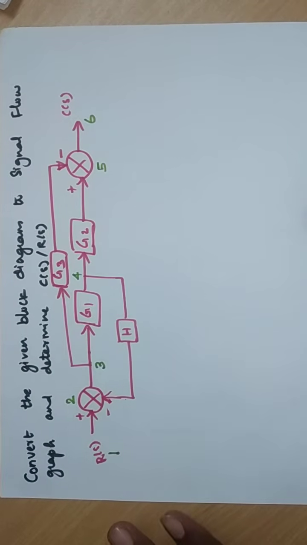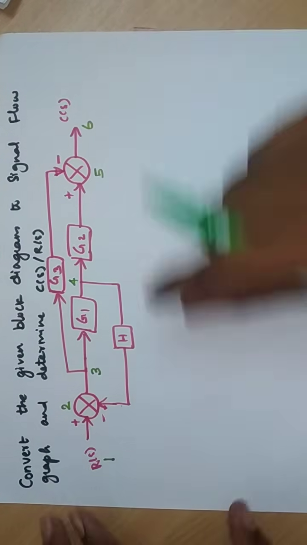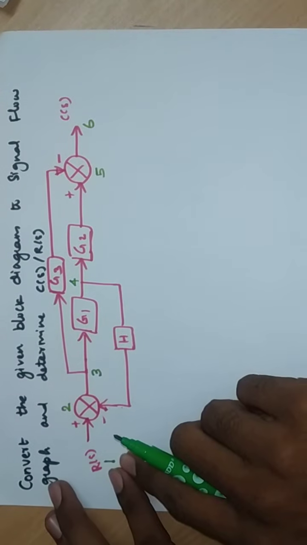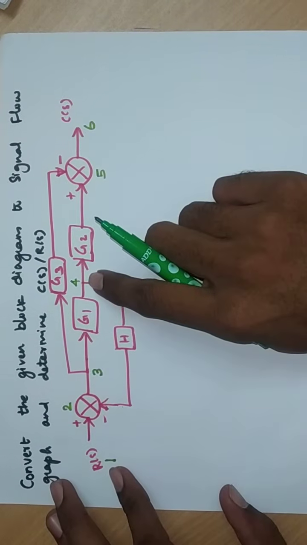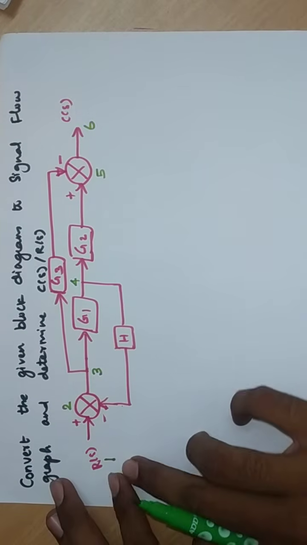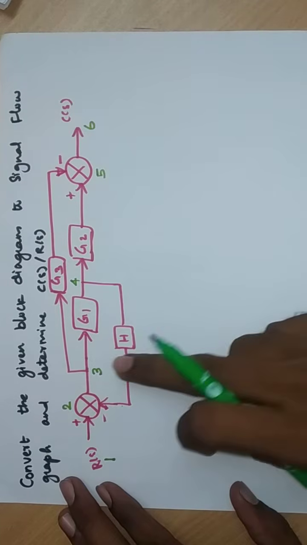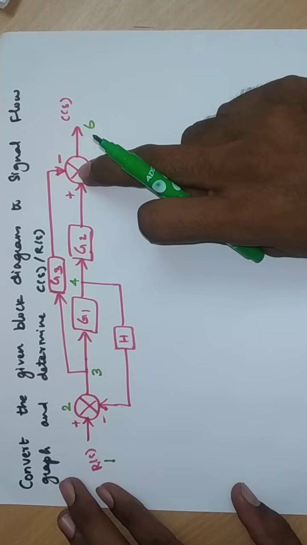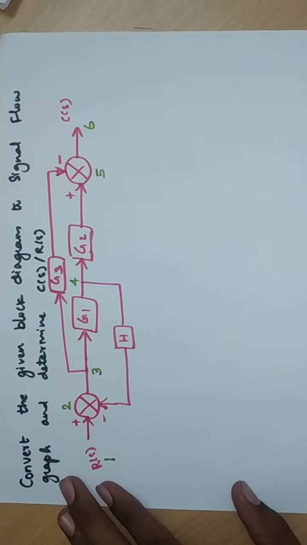This is the simple representation of this. So I repeat, we need to give a sequence of numbers on this block diagram, for input, output, summer points and branch points. So you need to give some sequential order to that. I am starting from the input side. So 1, 2, this is branch point 3, this is one more branch point 4, and this is summer, and this is comparator, and this is output side. So there are 6 nodes.